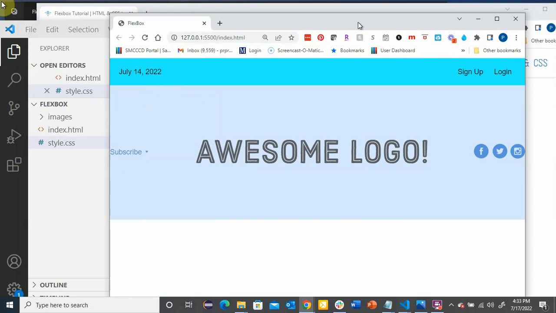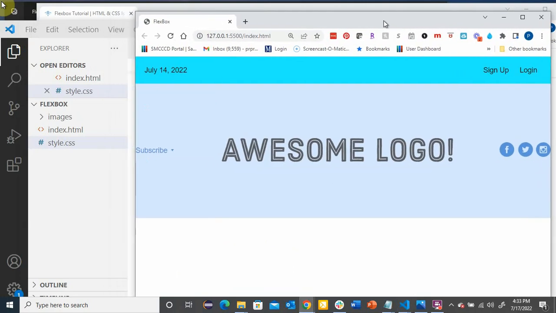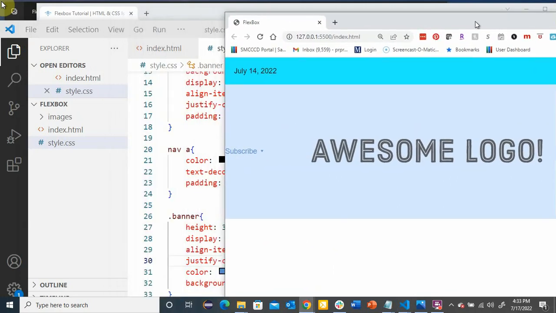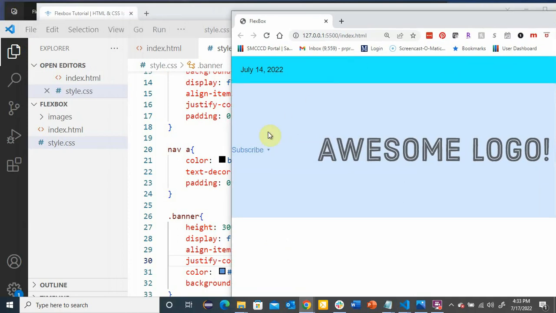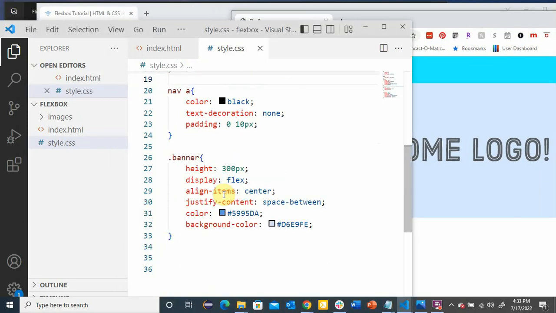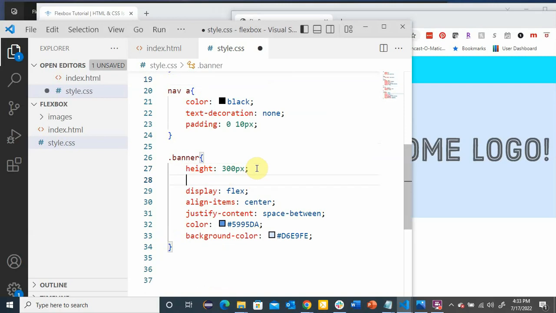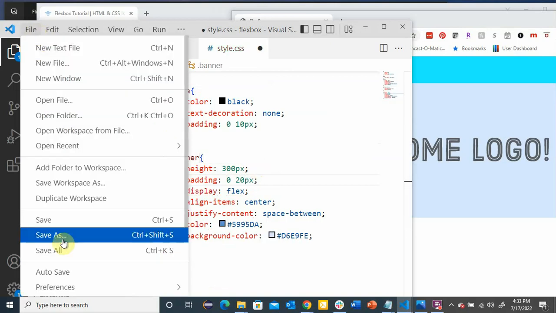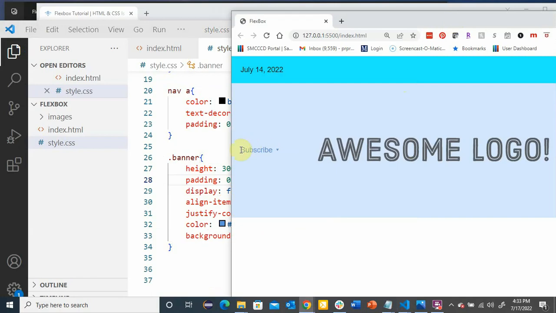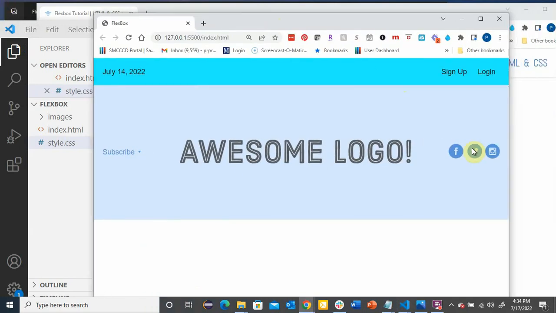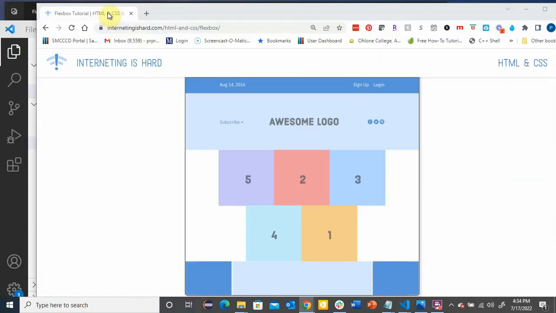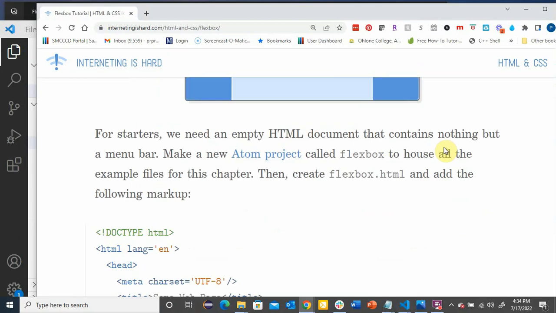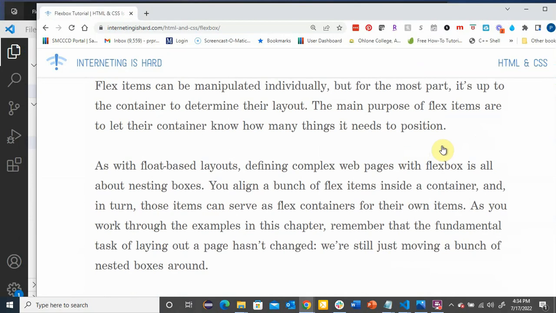Right? Now, if I want to move these things in a little bit, remember, you can always apply some padding to your parent, which is here. So if I give some padding here of 0, I think 20 pixels, you see how that moved in on either side. I gave padding on either side. Now, if we look at the design that we're trying to do,